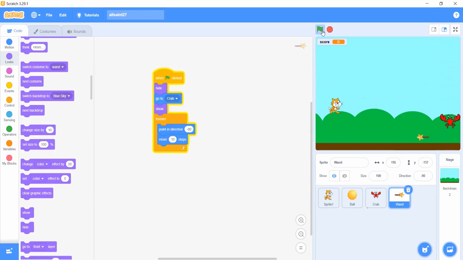I'm clicking on the green flag to have something like this, but we don't want to be clicking on the green flag. We want to do it every 2 seconds, or every 3 seconds. We want our bullet to be shooting. So when I click on the green flag, it shoots, and it continues the same thing every 2 seconds, or every 3 seconds. So what I'm going to do is